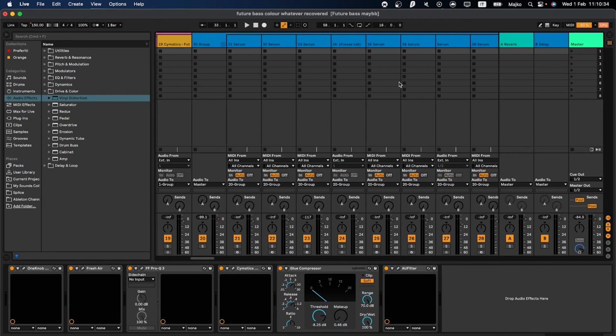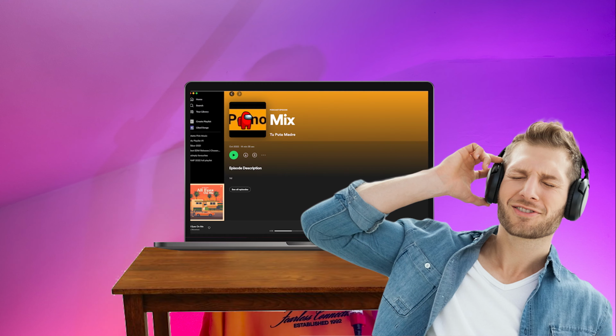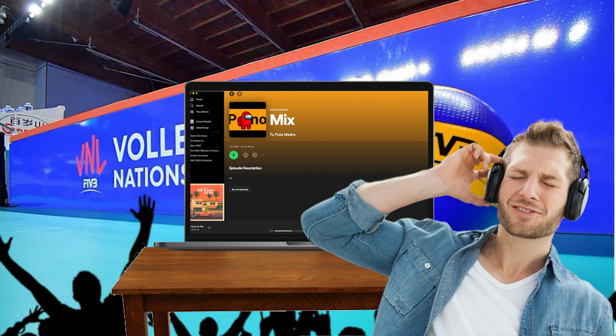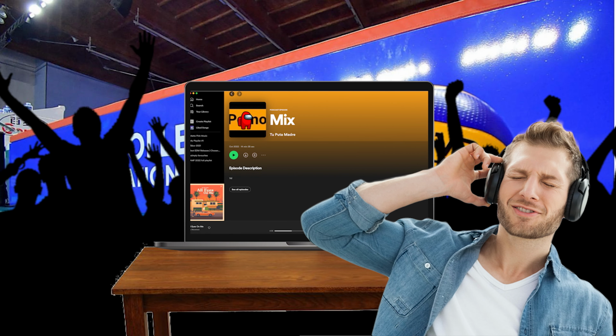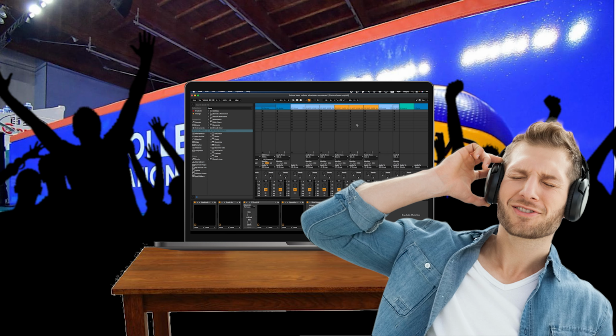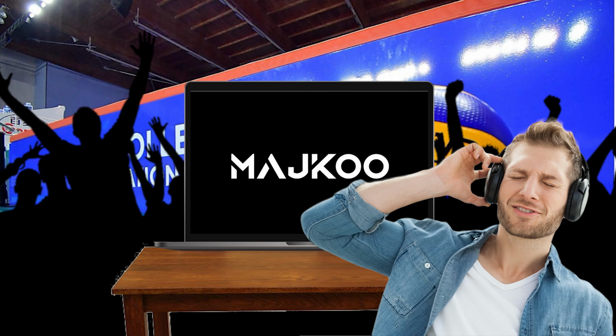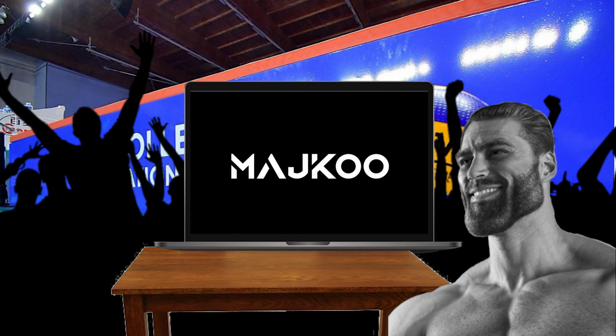And it also has this large mixer view that I've never seen anybody using except this one bloke who's playing music at the Volleyball Nations League finals, and he was using that view, so I guess it's good for playing large amounts of tracks. I don't know. He played my music though, so he's cool. He's like, great job. But other than that, I've never seen anybody use that view, so yeah. Just use the columns. You're better off.